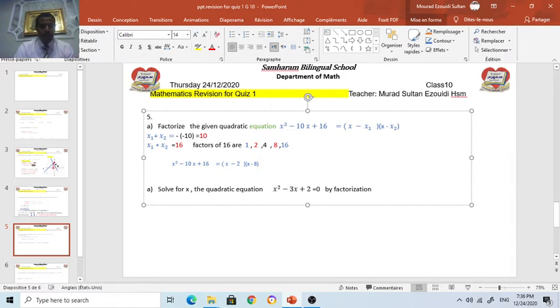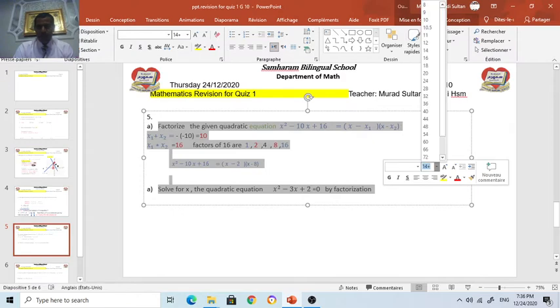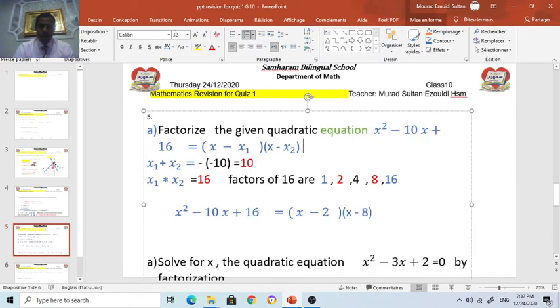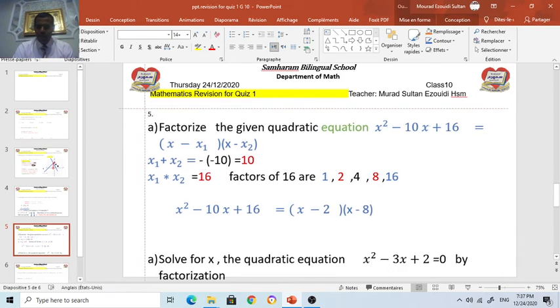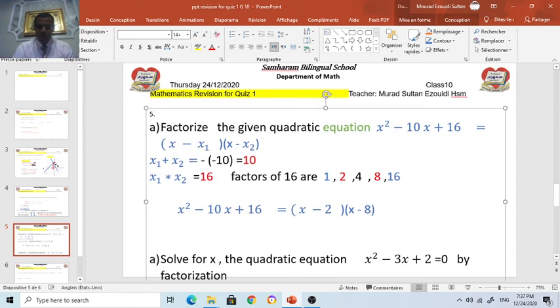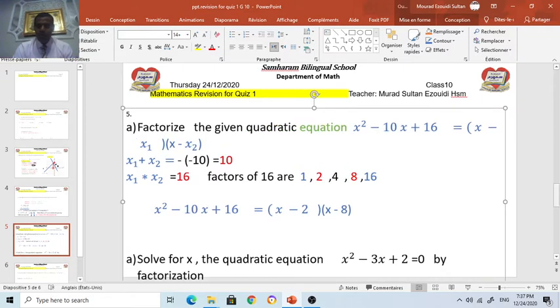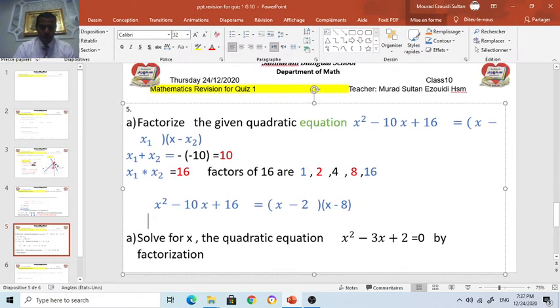Here you can see that, just make it big. So I'll extend this one, also this one, to make it clear for you, my learners. Then now we will try to solve the given